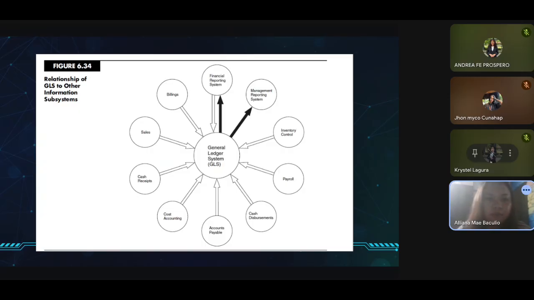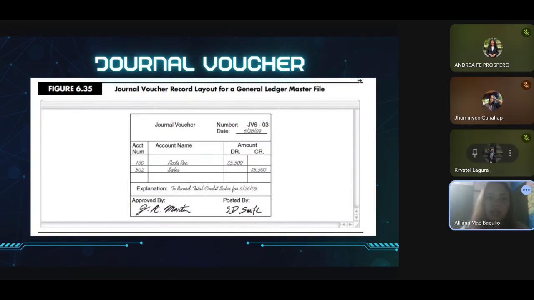Next is an example of what a journal voucher looks like. As I mentioned before, it is what is used to enter information into the general ledger system. So it is the source of input to the general ledger. It is a document used to record transactions in the general ledger. Next,